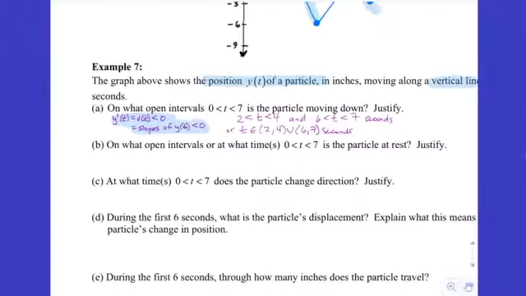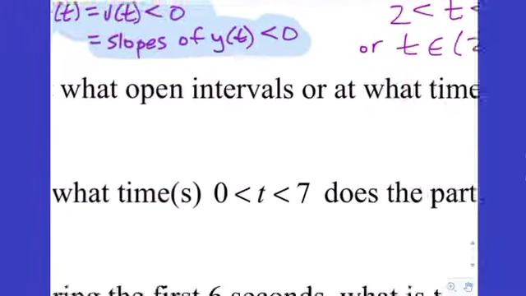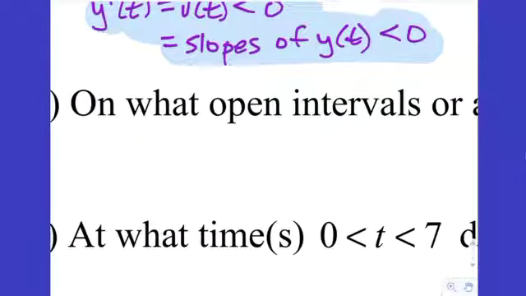Next one, on what open intervals is the particle at rest? Lazy particle. What are we looking for now? Particles at rest when what? When the derivative is 0. The derivative of what? Of y. Yeah, when the velocity is 0. Particles at rest when it's not moving, when the velocity is 0. So that's going to be when the what's of the graph are 0? Yeah, there you go. So let's say at rest